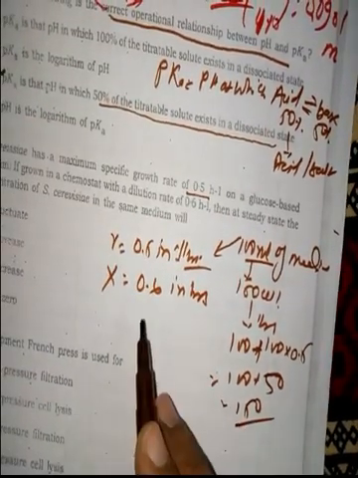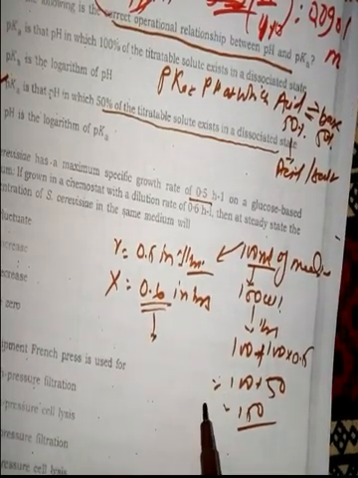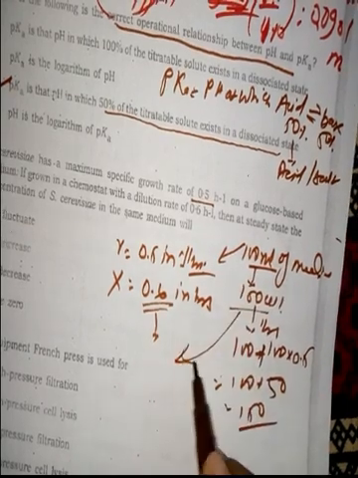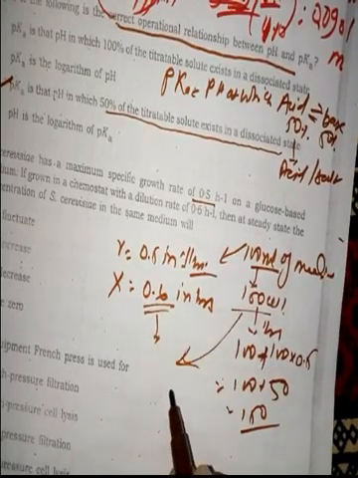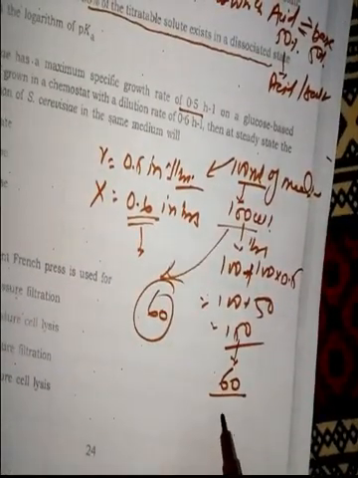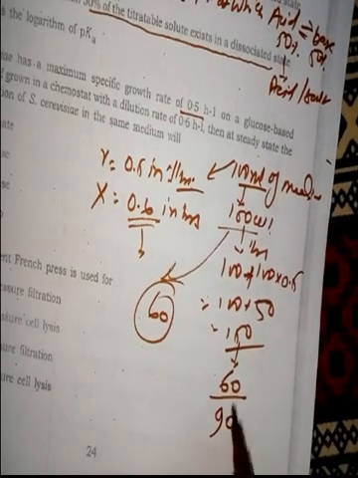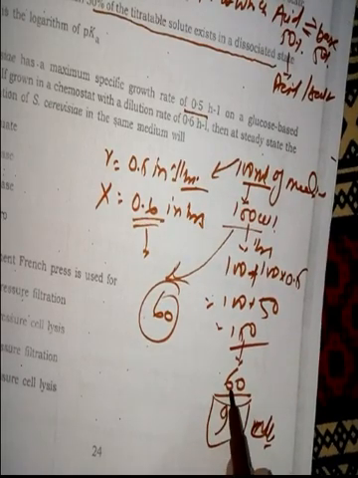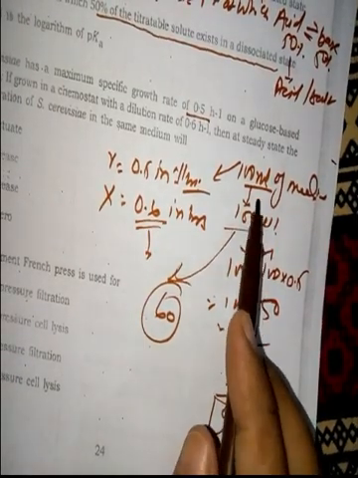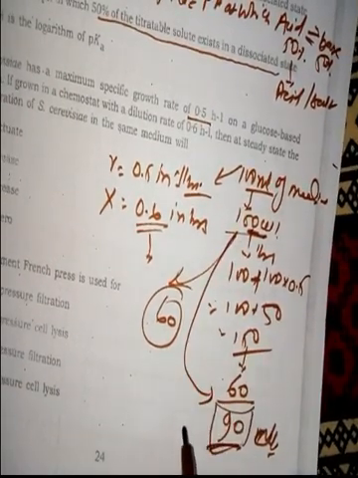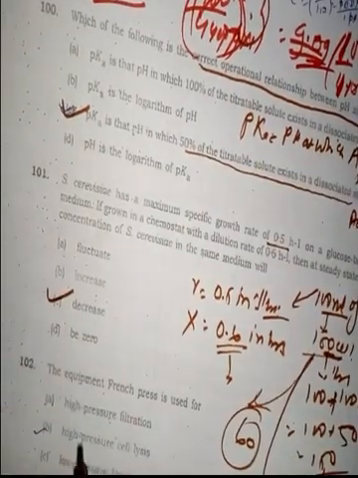Now if you dilute by the 0.6 value, what will be the value then? Suppose it is 100 cells and you are diluting at a 0.6 ratio per hour. It means you are diluting 60. So how much will remain? 90. Remaining cells will be 90. So starting is 100 and finally it is coming 90. It means the value is decreasing. So the answer will be that it will decrease.